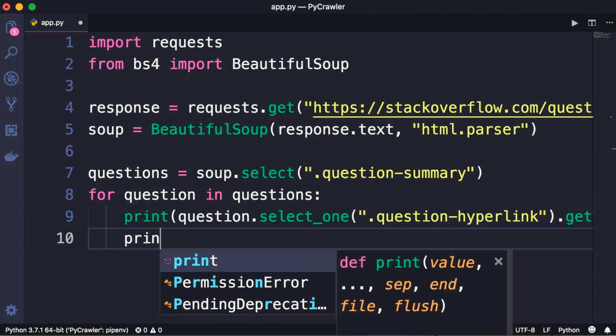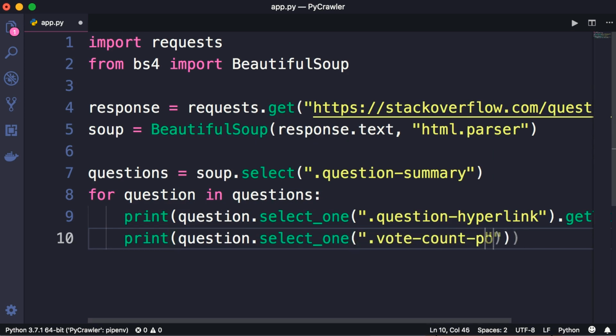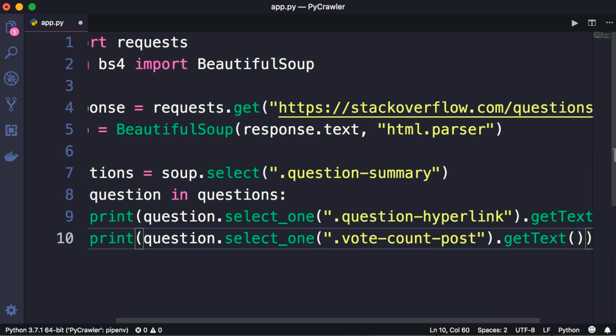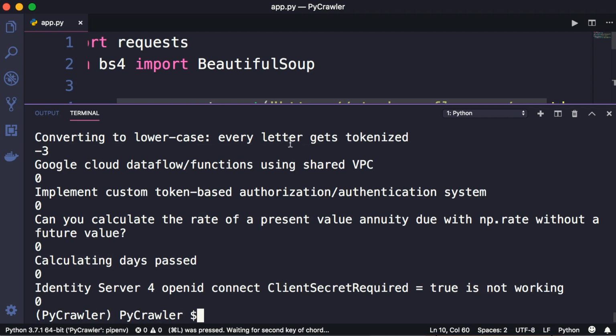So similarly, we print question.select_one. The name of the class is vote-count-post. And once again, we call get_text to get the text inside of this span element. Save the changes, run the program one more time, and we successfully got all the newest questions and their votes